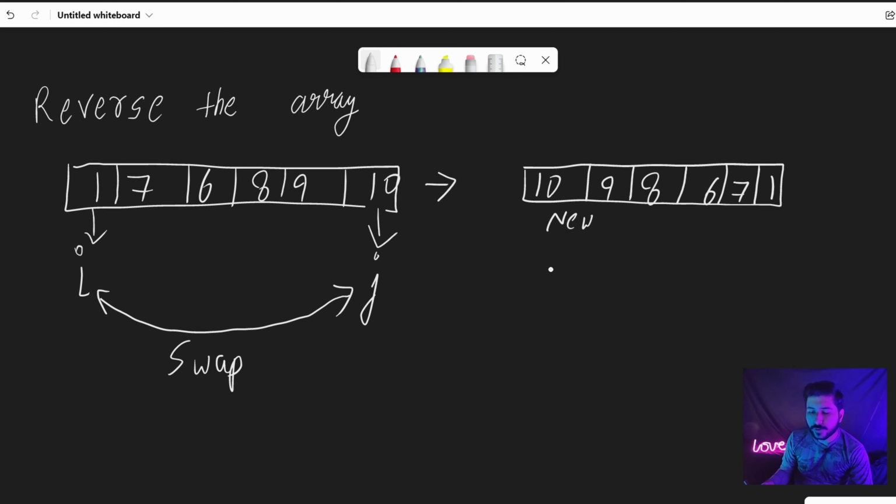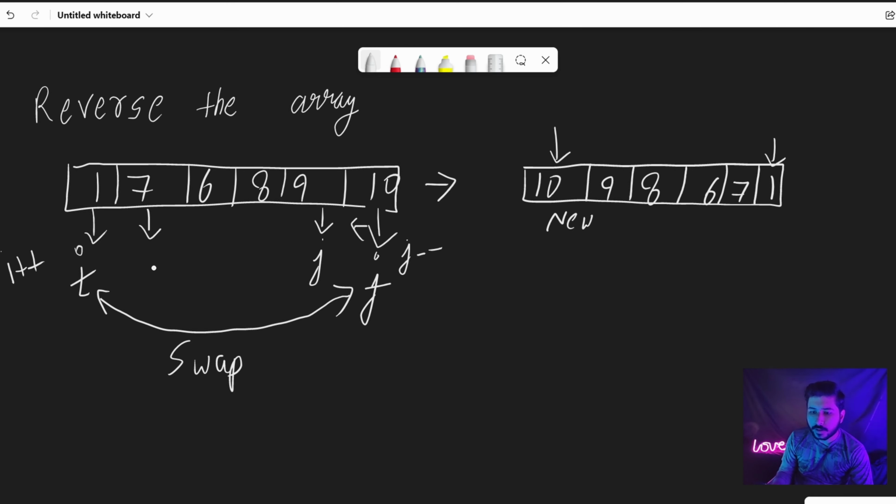When we swap these two, 10 will be here and 1 will be here. One of the problems is solved and the elements are swapped. Next we are going to reduce j, so j becomes this when we do j minus minus, and here we will do i plus plus, so i will come here.